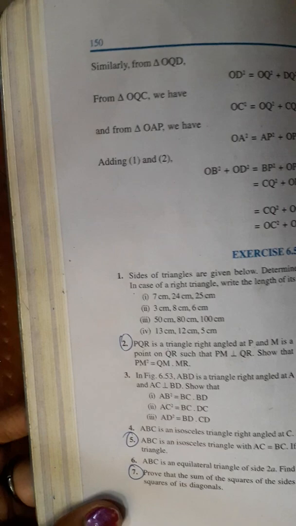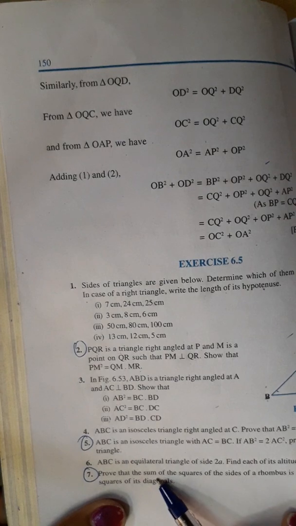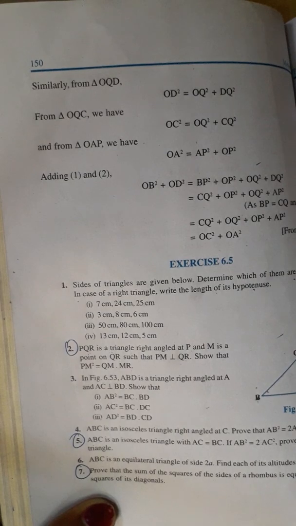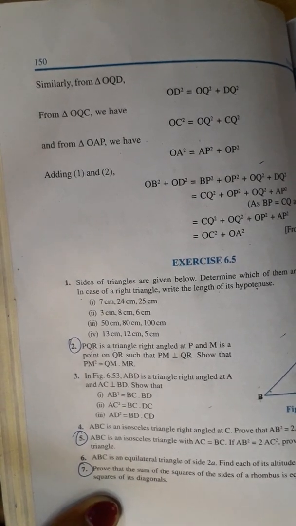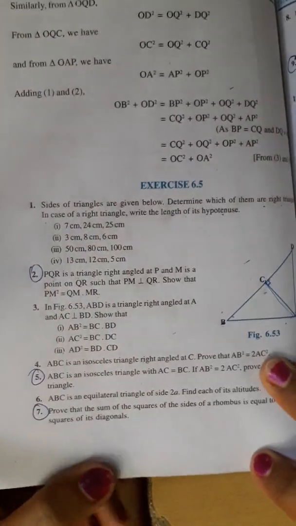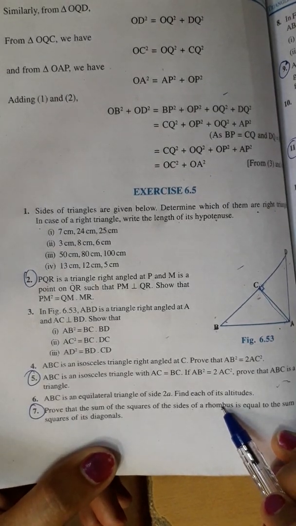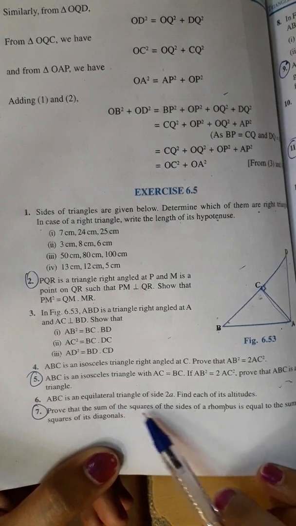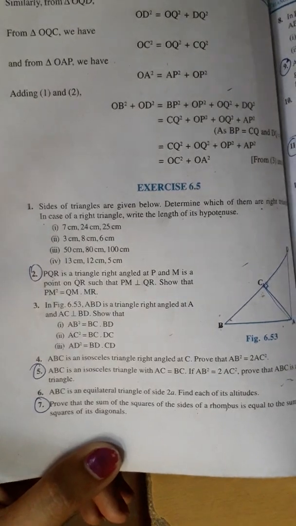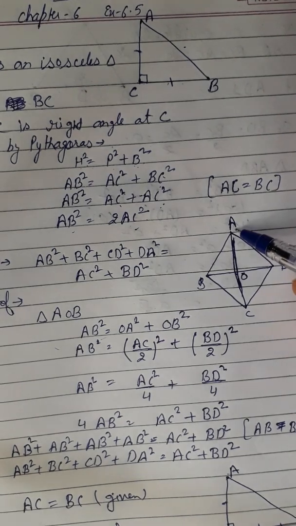Okay. And the next sum: prove that sum of square of the sides of rhombus is equal to the sum of the square of its diagonal. It's a very important sum. So in this one they have given a rhombus. Firstly, in rhombus we know that all sides are equal and its diagonals are perpendicular bisector of each other, and we have to prove that sum of the square of its sides is equal to sum of the square of its diagonal. Mean to say, if I just elaborate according to diagram, that ABCD is a rhombus and AC and